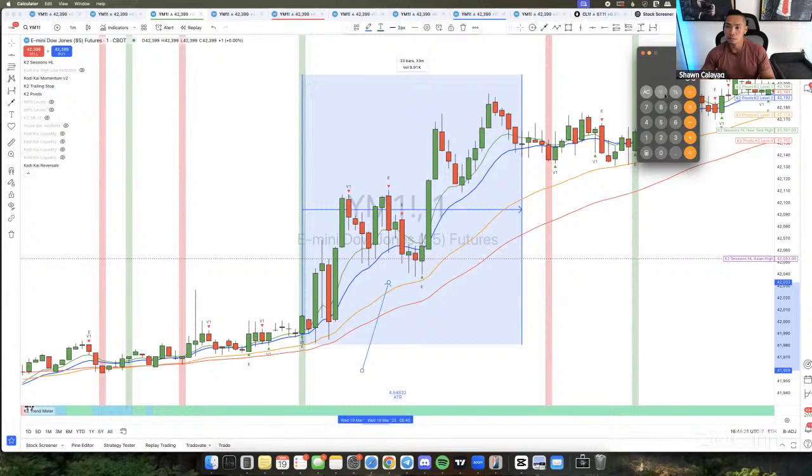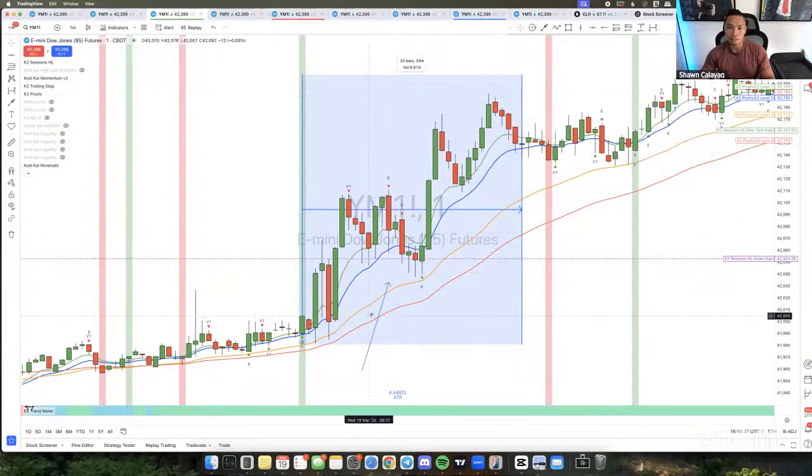So it's going to take some time, right? Because you're aiming for about 400 points. So it's going to take maybe a week or a couple weeks for you to get to that goal. If you increase the contract size, you can probably pass it quicker. But like I said, the volatility here is within the first 30 minutes. So in the first 30 minutes, you should probably try to knock those out, get your entries in, and then just wrap it up for the day. Come back the next day, do it again.